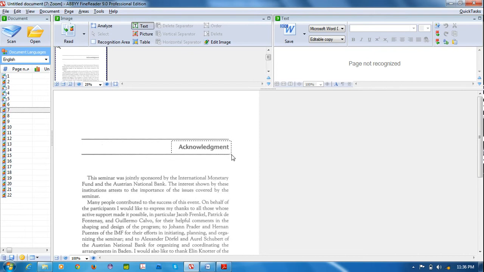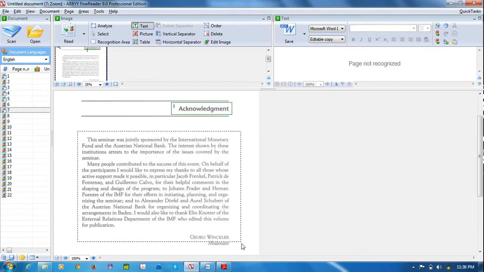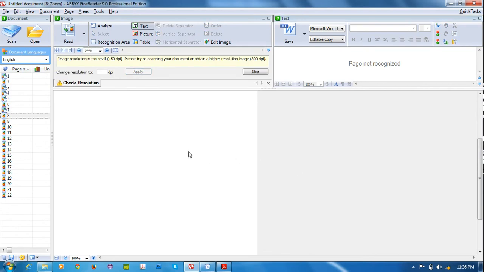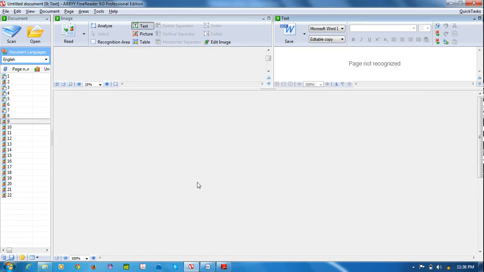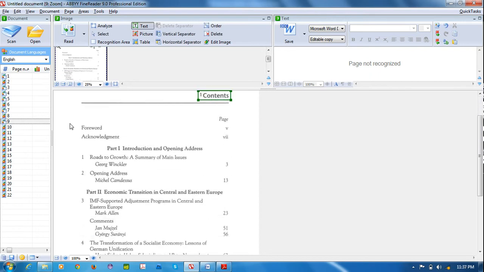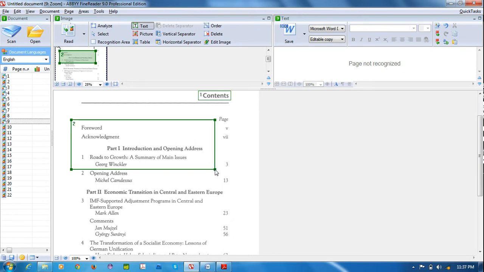Next, the acknowledgement area. You can select the total. No need to select this page number. This is an empty page. This is contents, but I'm selecting only the foreword, acknowledgement and chapter 1, because I have taken the foreword, front matter, part 1 and chapter 1 only.